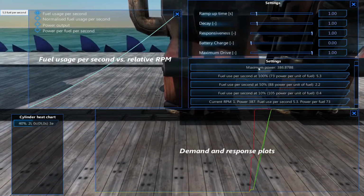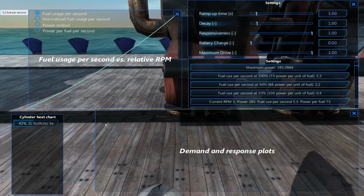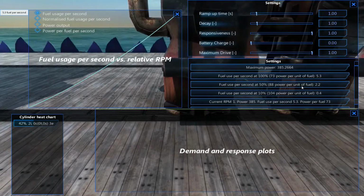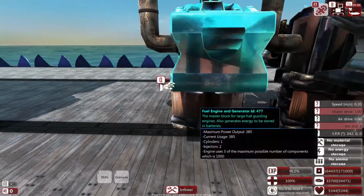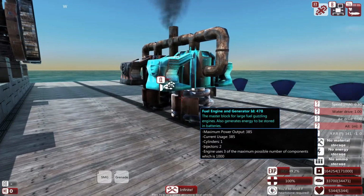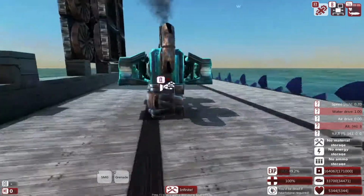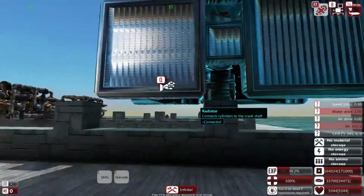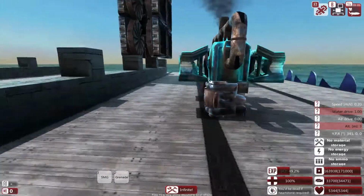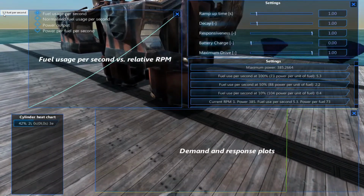Okay, so it looks like we're making 385 horsepower per cylinder, at the 42% heat soak. So 385 times 2 is 770 horsepower, with a density of 3 by 5 by 3. That's 45. So 770, and that becomes a density up 22. So density went from crap back to good again, back to about as high as you can go. We're making 770 horsepower, and it can run continuously, and the fuel consumption is about 10.6 because we have